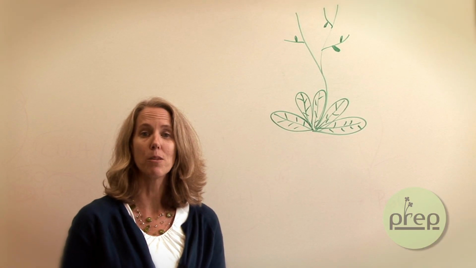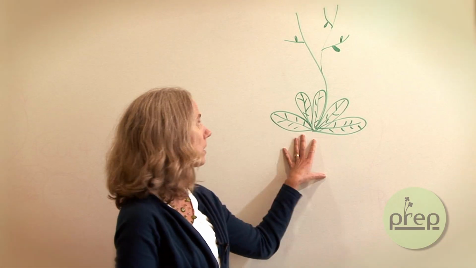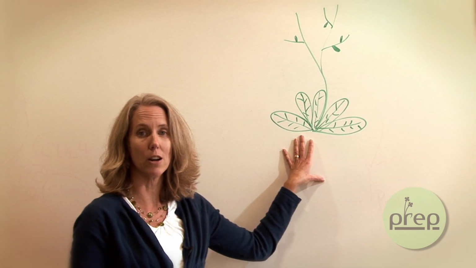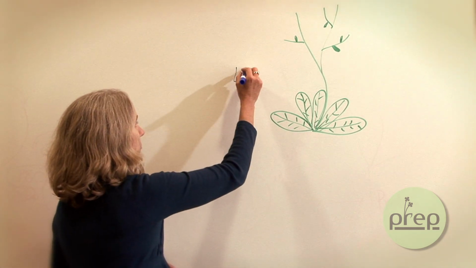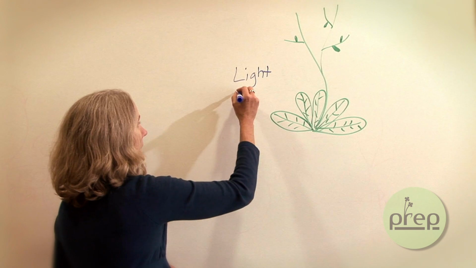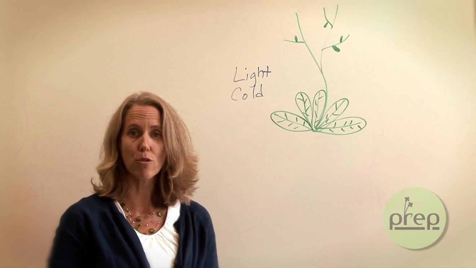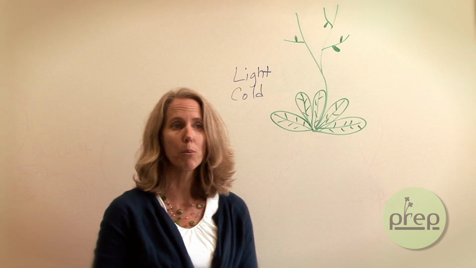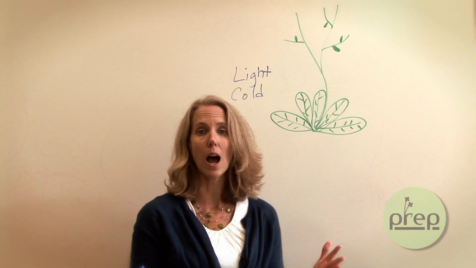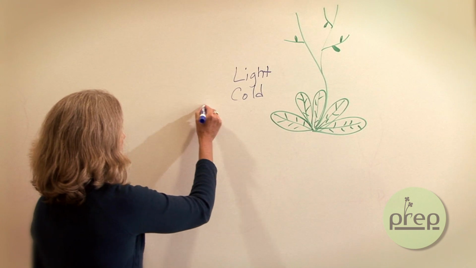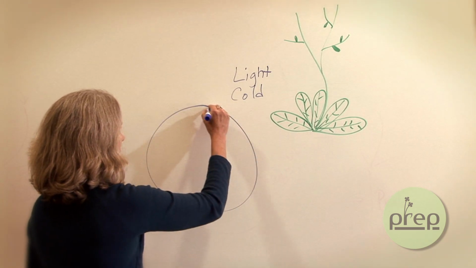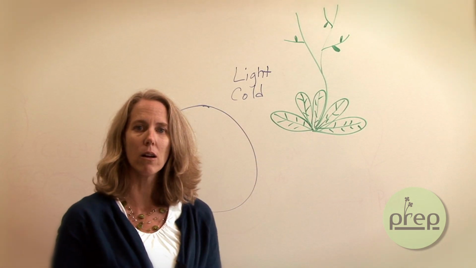So when we think about plants responding to the environment, we usually think of the whole organism, and I've drawn a plant here. And we think about them responding to things like light, and I think I mentioned cold and salt and drought stress. So there are lots of different signals. But what I want you to do is to think about the cells inside the organism. So I'm going to draw a cell for you, shown here,